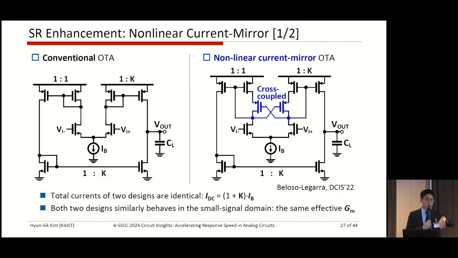Okay, we are also able to modify the current mirror. Compared with the conventional design, we can add a cascode, but this cascode stage is cross-coupled. There is very small change in the small signal domain operation, because the cross-coupled transistors just work as the cascode stage. There is no big contribution to small signal behavior. But